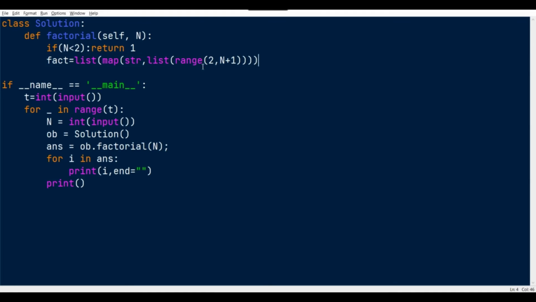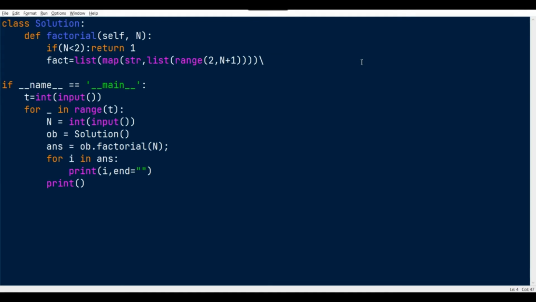This range operator will give me the list of values from 2 to n. For this case, if the n value is 5, it will give me a list like this, and I'm going to typecast all those values as strings with the help of the map function, and I'm storing all those values as a list itself.